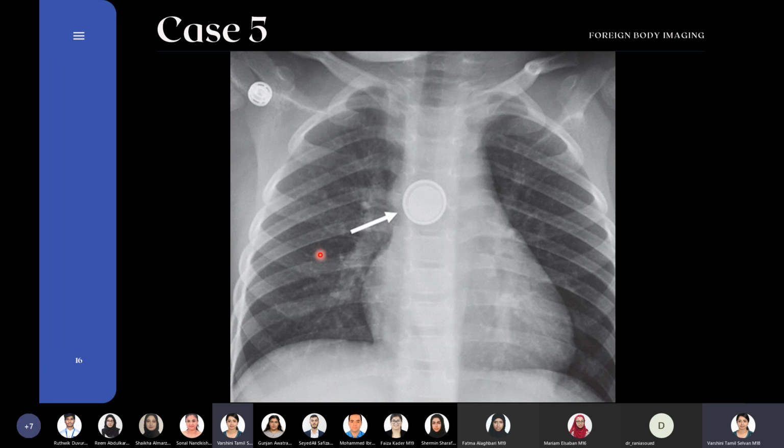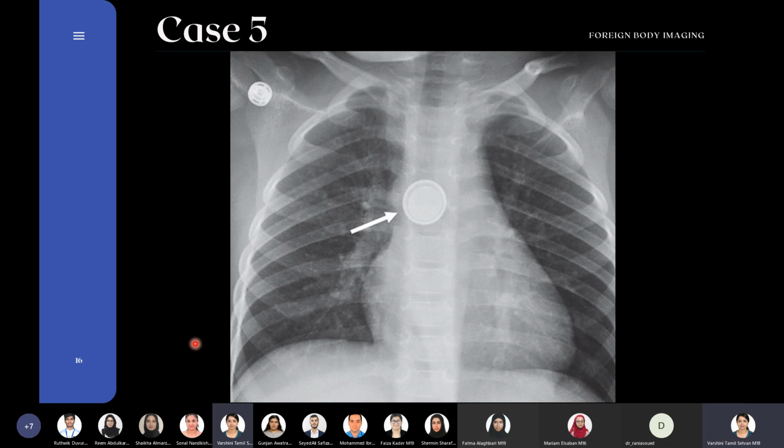And this is the next case. After this case, I will tell you how to identify whether the coin is in the trachea or in the esophagus. So stay tuned for that. But now let's come to this case. This is a different case. What do you guys think? What scan is this? Is it an X-ray or an